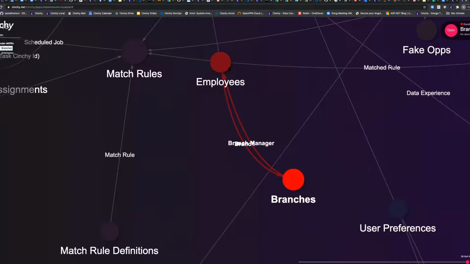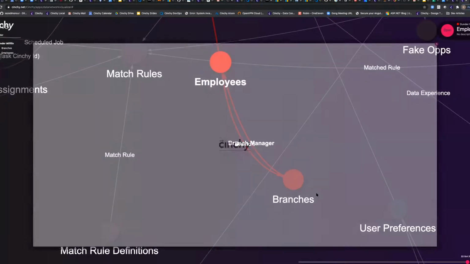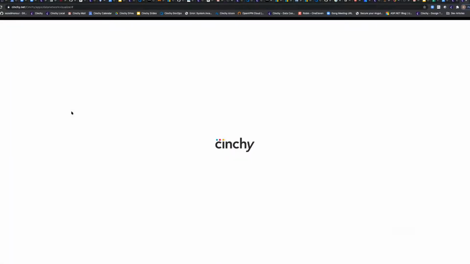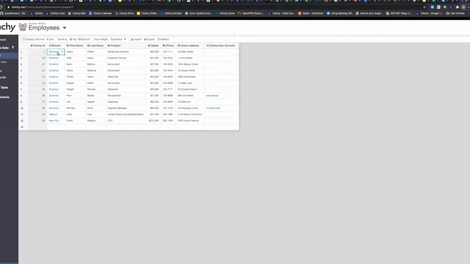The second data set, of course, is now those employees. So within the Dunder Mifflin domain, I have who all of the employees are. And here I'm seeing a link back to the branch because every employee belongs to a branch. I have the name, position, the salary, phone, home address. So this is a combination of some, let's say, non-sensitive data, information that you would typically expect to see in something like an employee directory, and other sensitive information like your salary and your home address even.